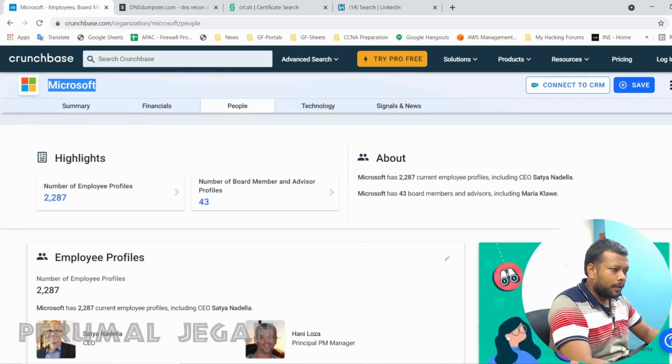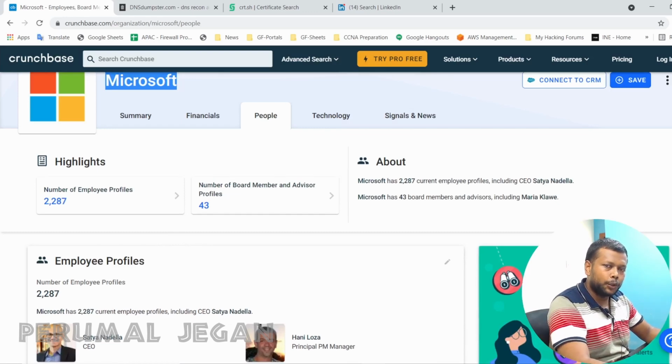When your client asks you to social engineer their employees, in such a case you might need to collect information about your client's employees. So in that case, websites like Crunchbase will be very helpful for you.